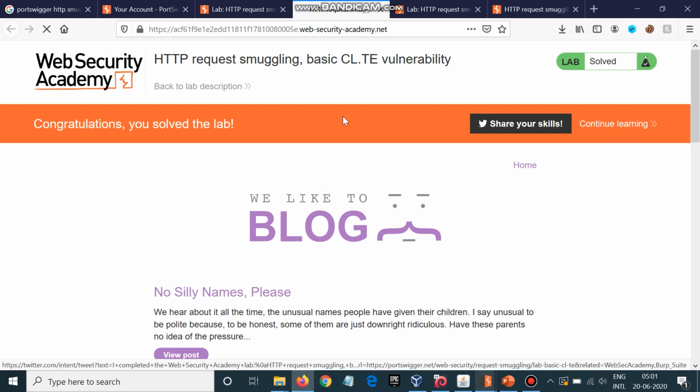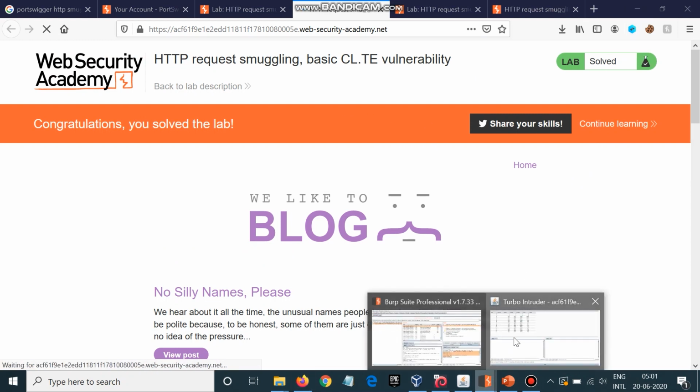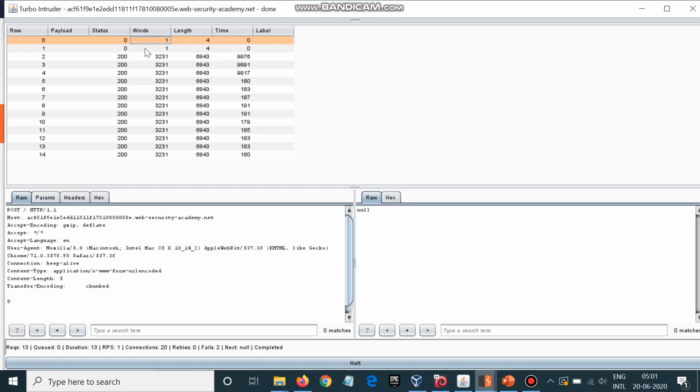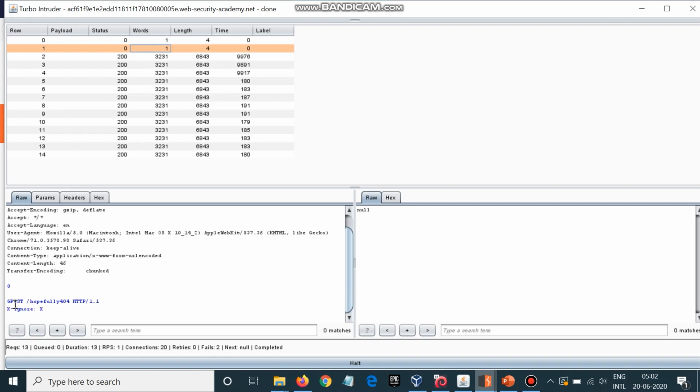See, our lab is solved because one of the requests, you can see the next request here, has status 0 and we have successfully appended GPOST to the next method. So yes, we have solved our lab for the CL.TE vulnerability.